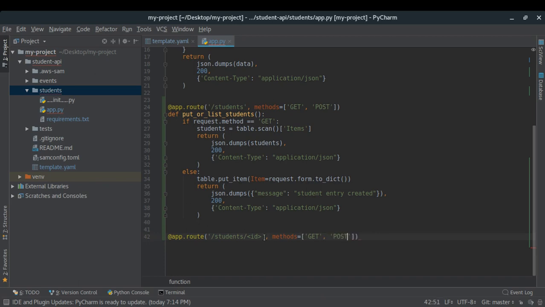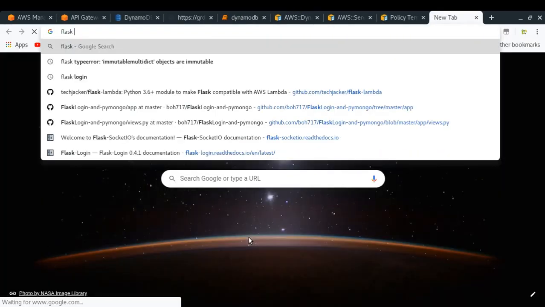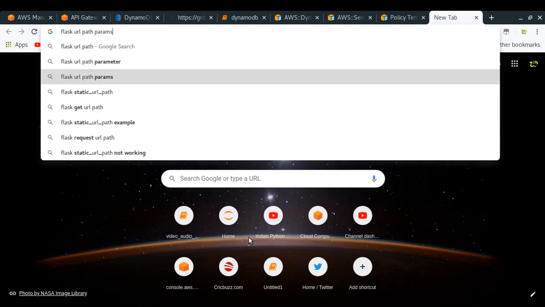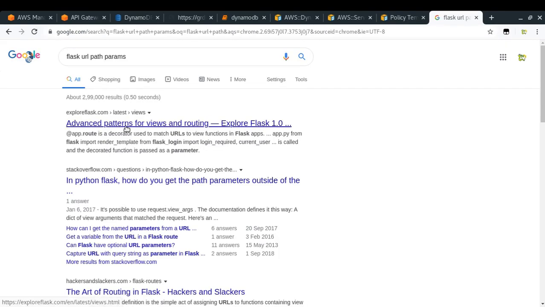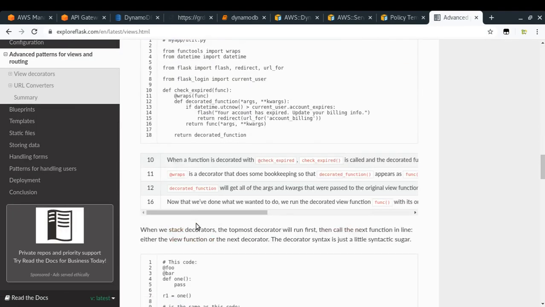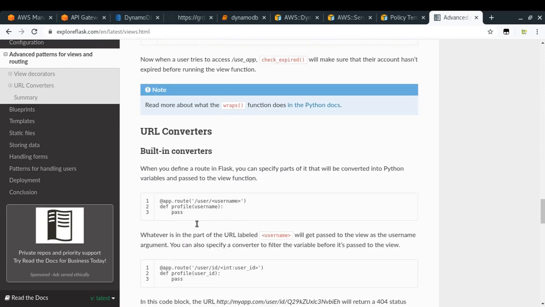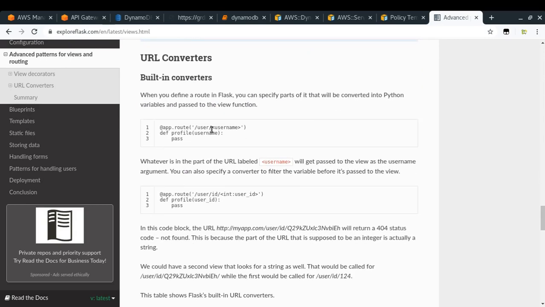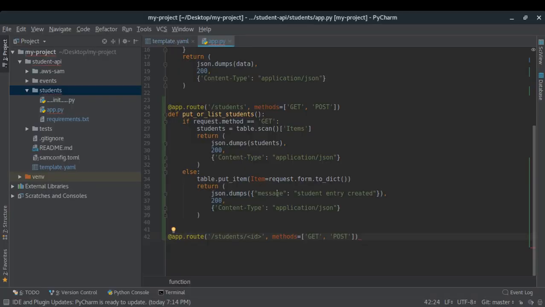Okay, so I'm a bit unsure about this particular format, so let me just search a bit. Flask URL path params. I guess I've written it right, but let us just test it. Okay, so yeah, I think it is fine. So if you write something here, you have to take it as an input at this particular position, right? So I think it is fine. So /ID is fine, and then def